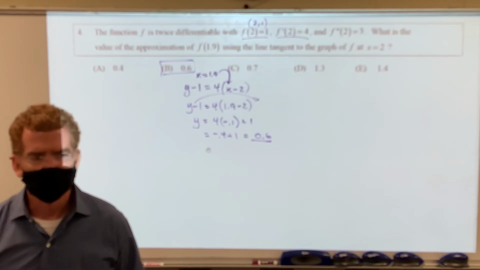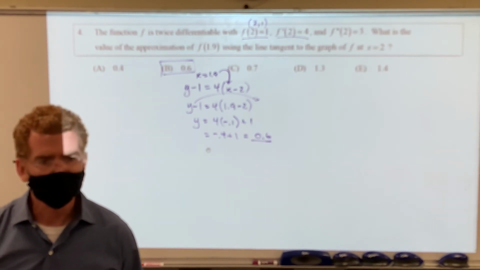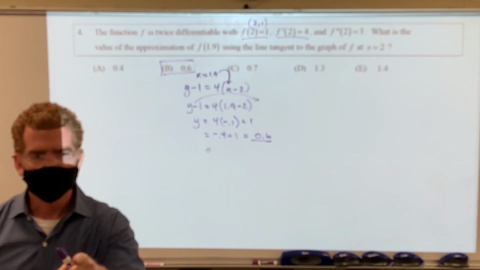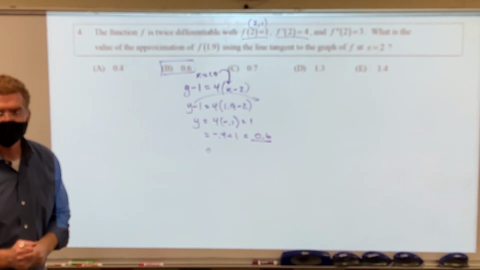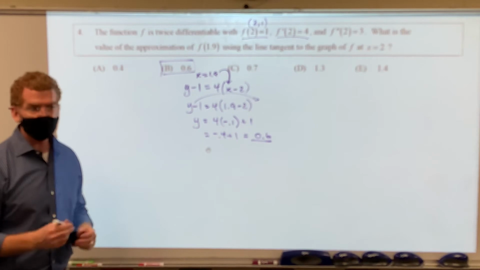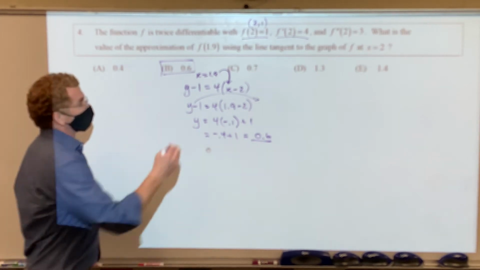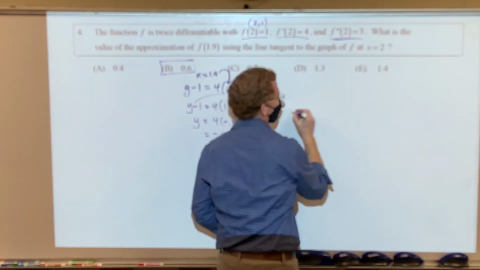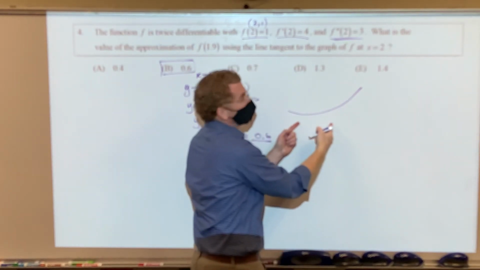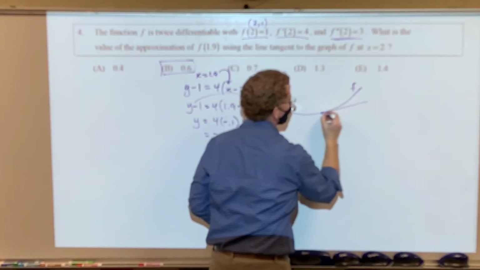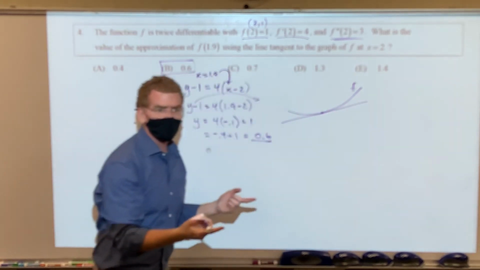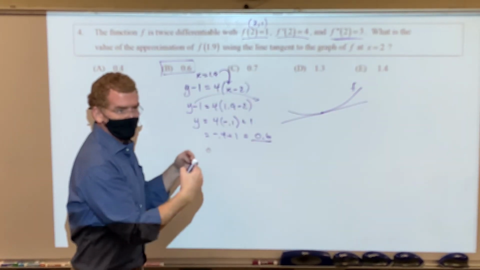Anybody? So if the graph is concave up, the tangent line will be below the concavity of the graph, so it's an under approximation. Y'all hear that? Yes. Yeah, if the graph is concave up, and that's the actual function, and you have a tangent line there, and you're using the tangent line to approximate 1.9, because we know